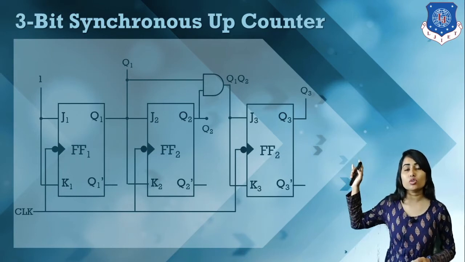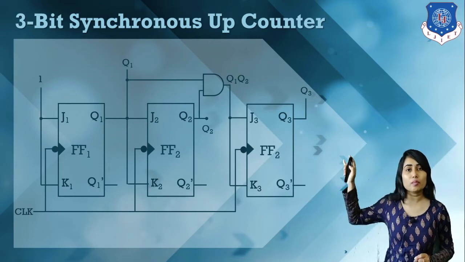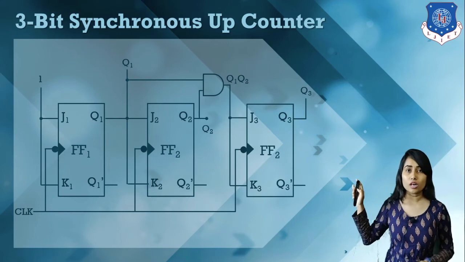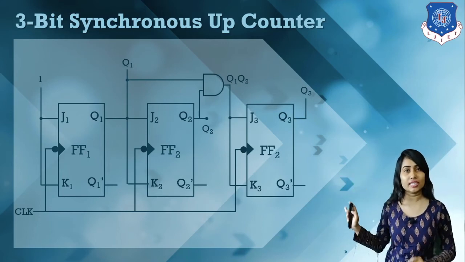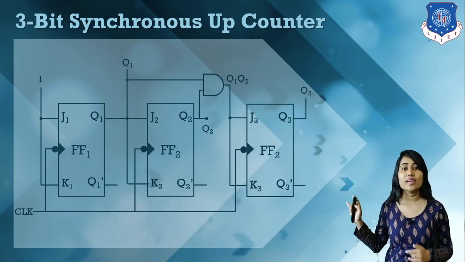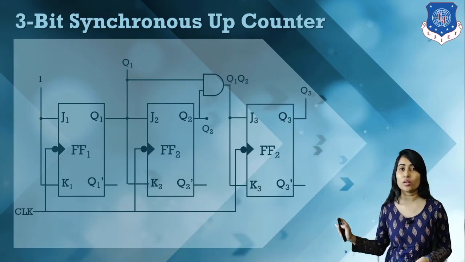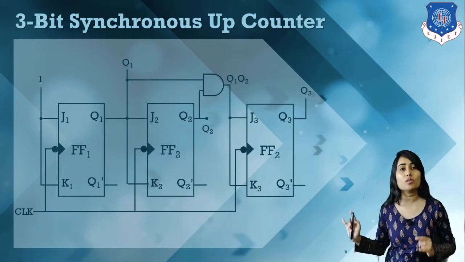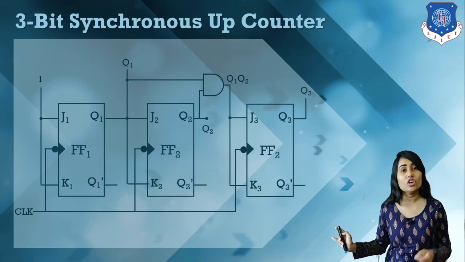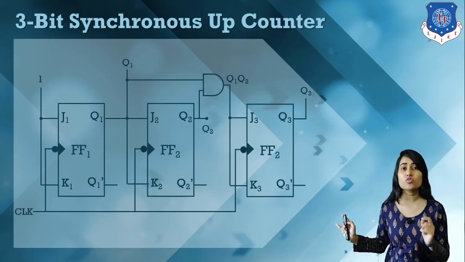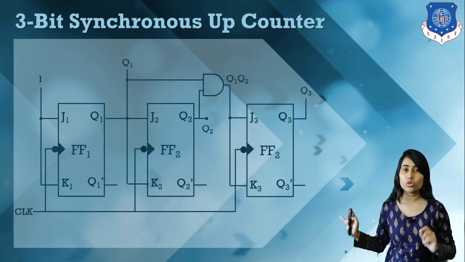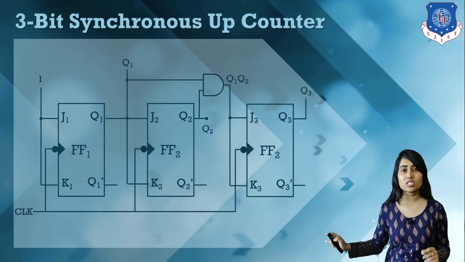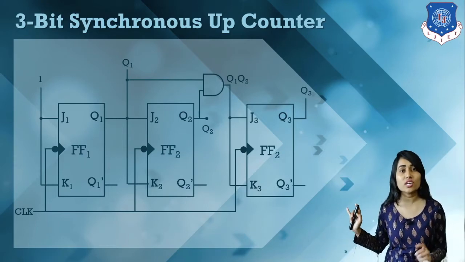So here we use this AND gate, and we apply this Q1 and Q2, and the output of this will be applied to this J3 K3. So this is how we can design this synchronous counter, and here we have the same external clock signal for all the 3 flip-flops. That means all the 3 flip-flops can count simultaneously. For each and every clock pulse we have values. So for the same clock signal all 3 flip-flops will trigger at the same time.